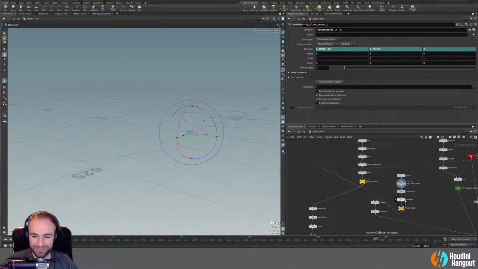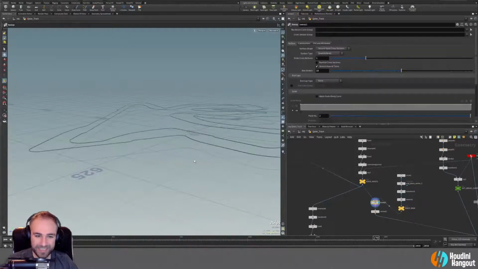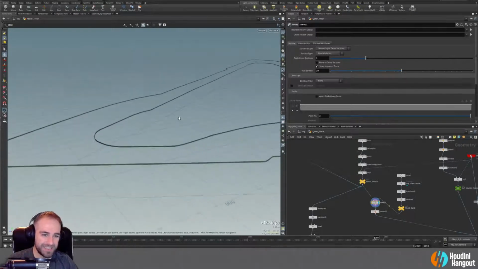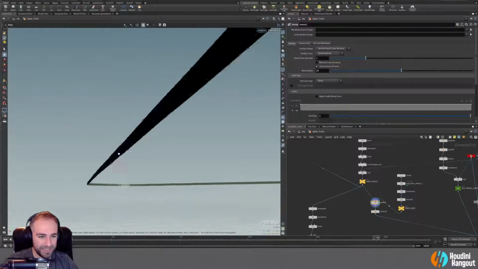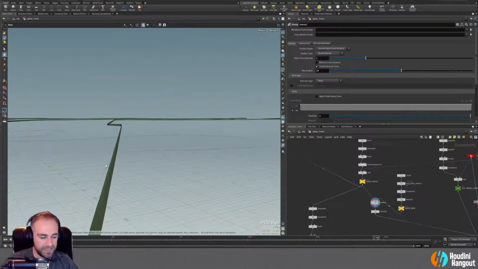Not sure what's going on there. Oh, I see. It's the shape of the fence base. Yeah. So it's basically just creating this